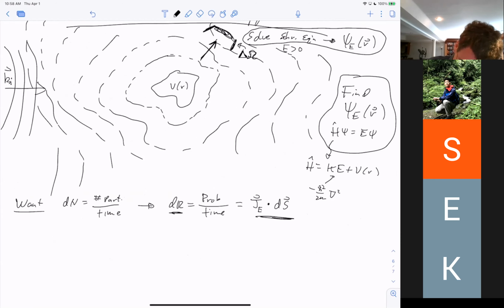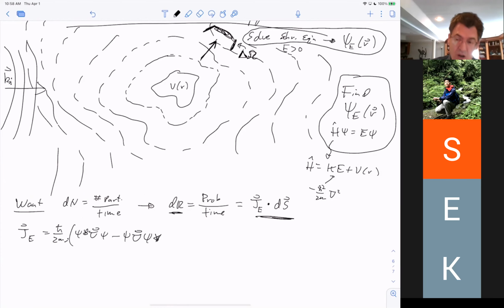And J, of course, is a vector, and that's just my h bar over 2mi, psi star del psi minus psi del psi star. Okay, so that's the point. If I have the wave function, then I can calculate the probability current, and if I have the probability current, then I know everything. So the wave function tells me everything, because now what I can do is say,